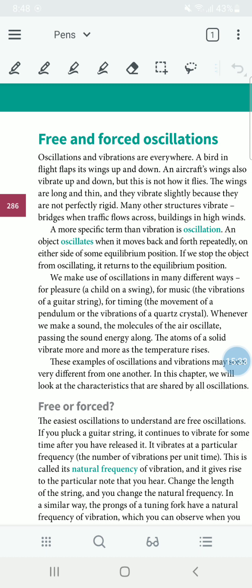when an object moves back and forth, passing back and forth repeatedly, passing an equilibrium position to either side. We say that it oscillates.